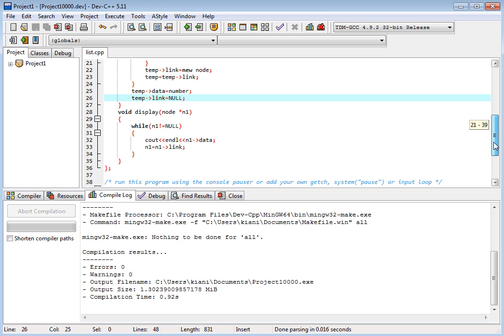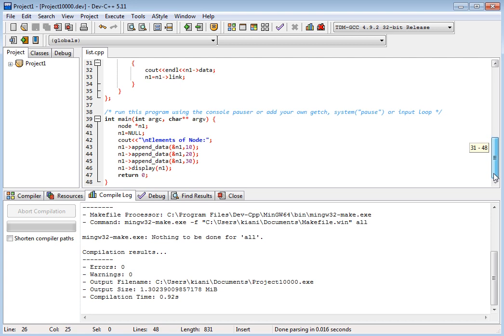It is a problem. N1 data, and we have N1 is equal to null. Display N1.